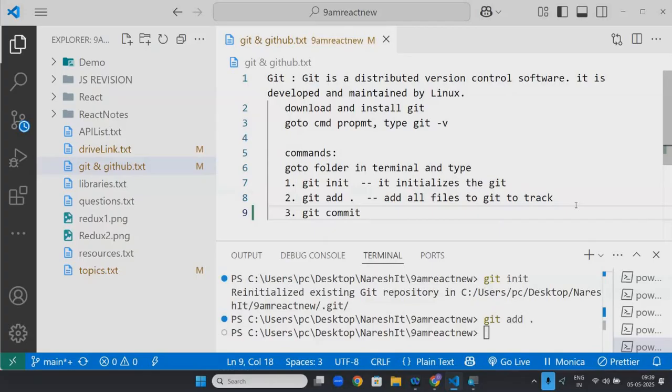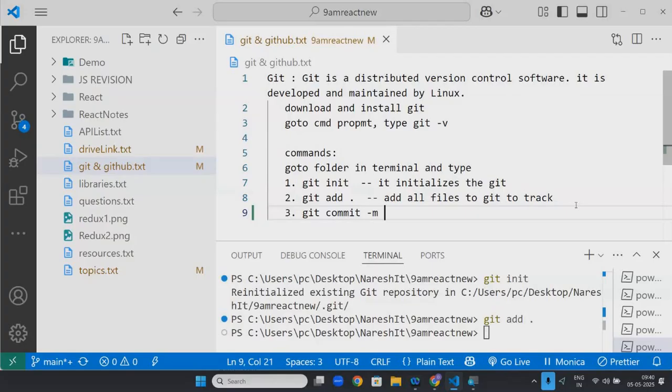Every time you save, you should give one message explaining why you changed that particular thing. For example, I changed one button from red color to blue color, I added it to Git and committed. But when you commit, you should write why you changed red to blue, what you did. Why? Because after 10 days, I will forget. Right or not?